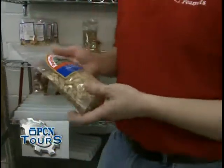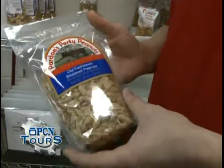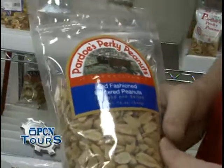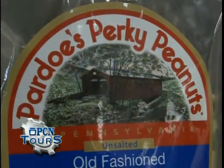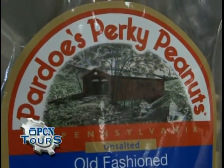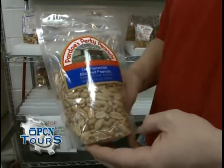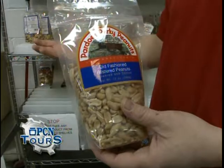About a year ago, we came out with this new line of pouches with the covered bridge, which is local here. It's about 1.5 miles down the road. It's called Rishel Bridge. Depending on who you talk to, it's either the oldest or the second oldest standing covered bridge still in use in the United States today. And we thought it was a great symbol of our